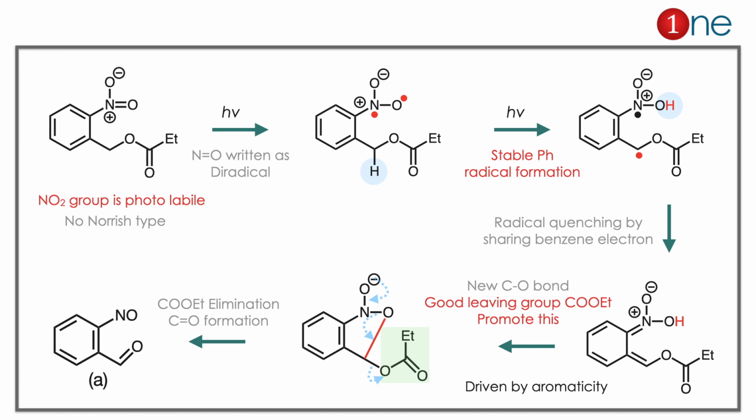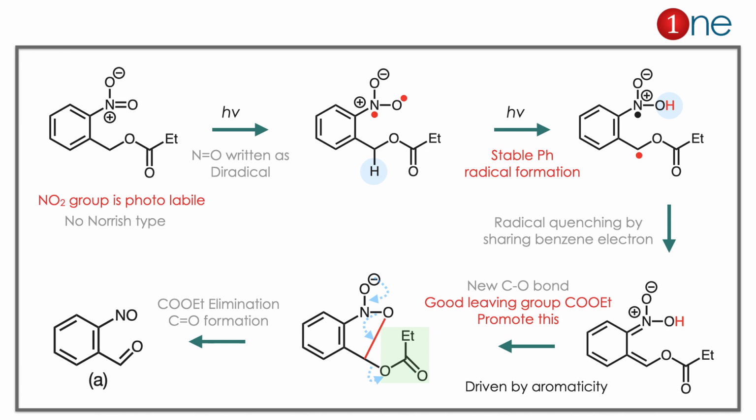So still the charge is there. So what really happened is intramolecular attack happened because COOEt is the real question. Because the carboxylate is a good leaving group, the attack is promoted by leaving group ability. So O attacks, COOEt leaves, and new ring formation and new N-O formation and O elimination will be parallel there. Since the oxygen possesses a negative charge, it has to be quenched. So the charge travels, the ring is opened. You have the final product A, which is NO and C double bond O, which is an aldehyde. So the product is clearly A.